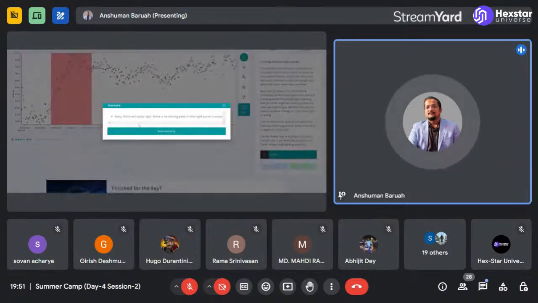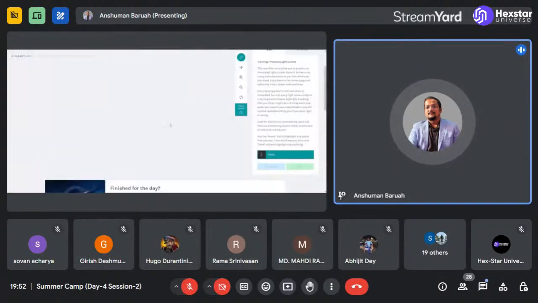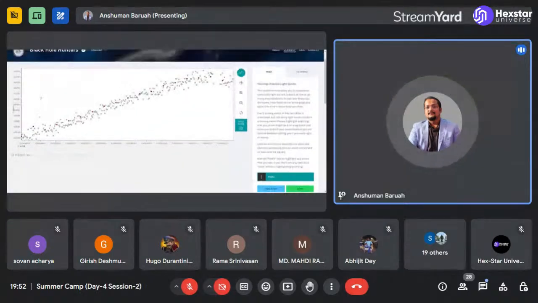Let us click done and see. There's no light passing, right? This is not quite right. There is no lensing peak. Although it appears as a peak, there is no lensing, right? So this is why you work with the toy model first. You keep on practicing, and then you see if there is any curves, right?